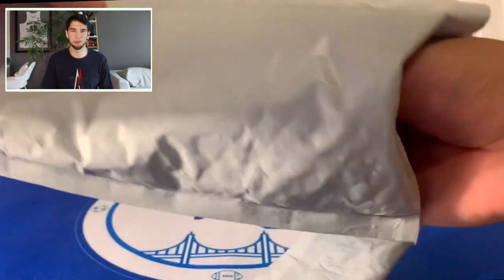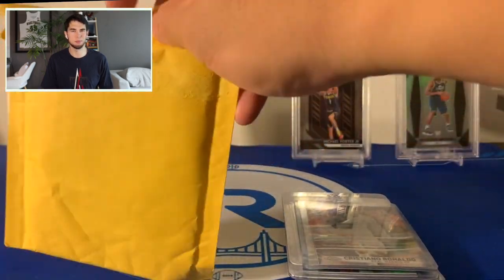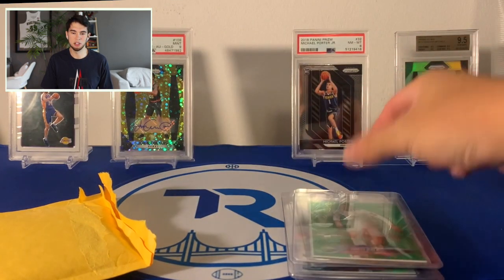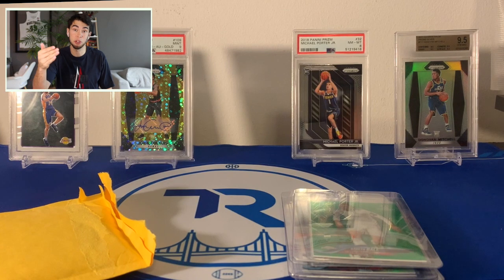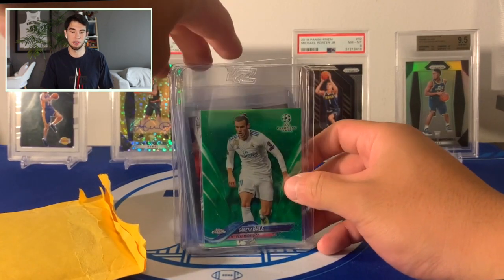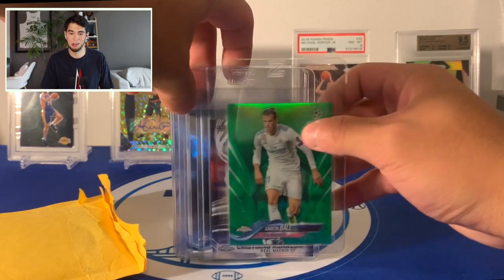All right, and here we have a little bit more of the Topps Chrome 2017. The prices have actually come down a lot, surprisingly. I would think with Topps potentially even going purely soccer, that's what a lot of people have talked about with Fanatics taking over the license. They're going to be super, super focused on soccer. So I think this stuff will just become even more important. Gareth Bale in there,